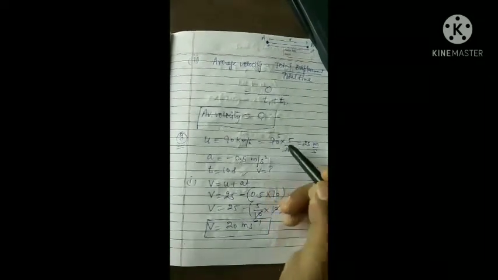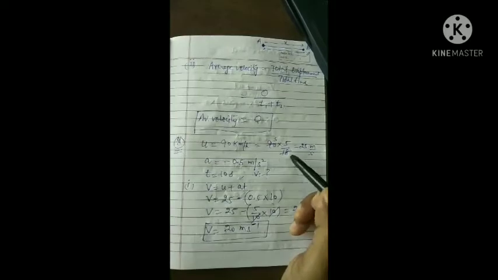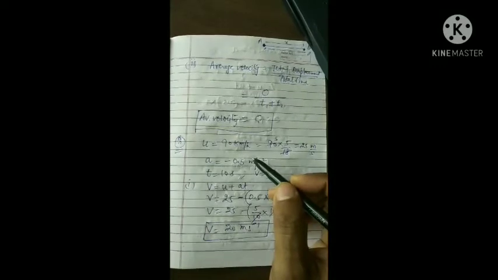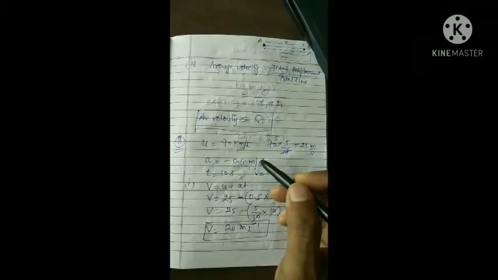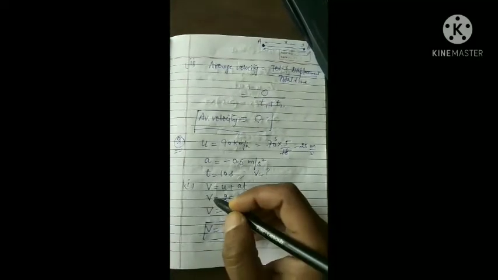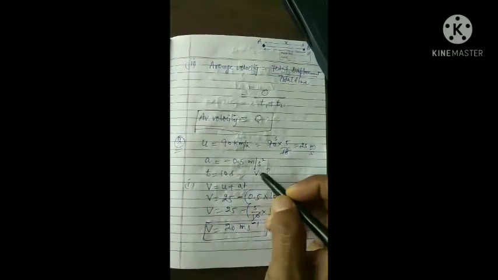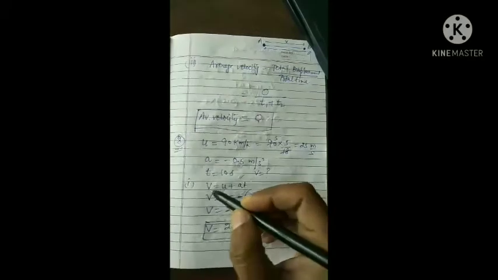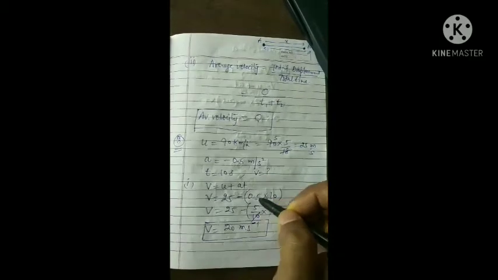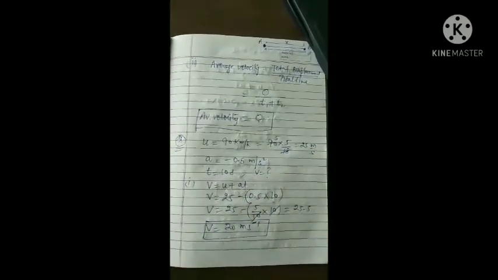Now in the 8th numerical, a train is moving with a velocity of 90 km per hour, which we can convert into meter per second. 90 into 5 by 18, that is 25 meter per second. Brought to stop means V is 0. Brought to stop by applying the brakes will produce a retardation of 0.5 meter per second square. So we want to know after 10 seconds, what is V that we want to find first? V is equal to U plus at. U is 25, retardation is with negative sign, so minus 0.5 into 10. Now solve, you will get V is equal to 20 meter per second.